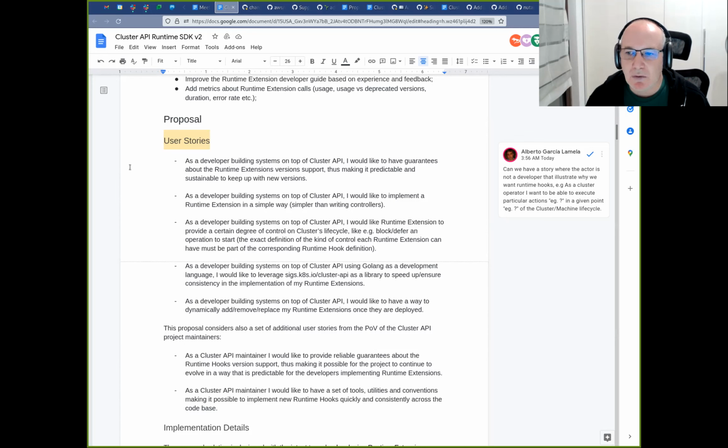We want to use runtime extension to implement patches in code instead of declaring them in YAML in the cluster class object, so you can get them versioned, stuff like that. And yeah, there are others, but I agree with you. We should start collecting them in a more systemic way.